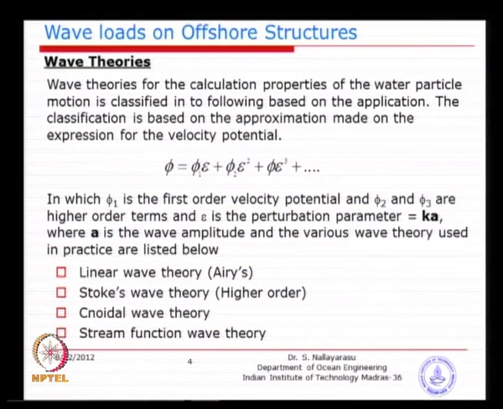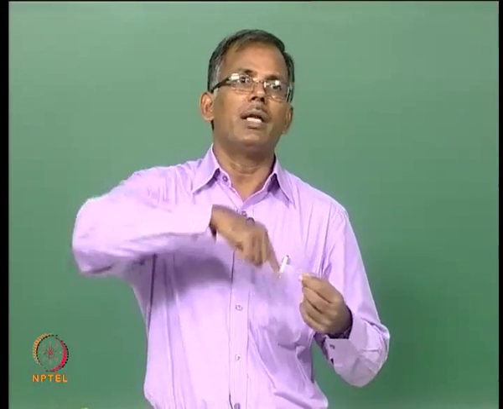The second term is proportional to the square of the amplitude, so second order and third order and so on. As you add additional terms, the profile can be as close as possible to the real wave profile in the field. That is the idea behind it. Like if you want to develop a polynomial function, a straight line can be defined by a linear function, isn't it, y is equal to mx plus c. Whereas if you want second order or third order polynomials, you keep adding additional terms to the curvilinear profile, so that you can define any profile you want. That is the idea behind it.